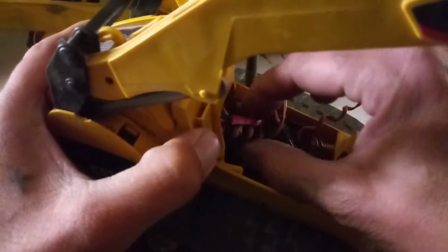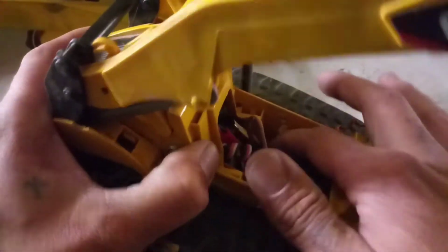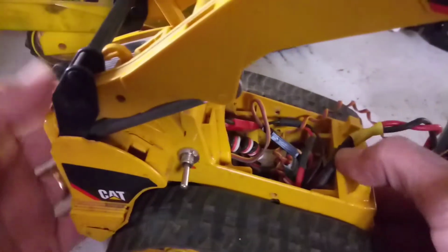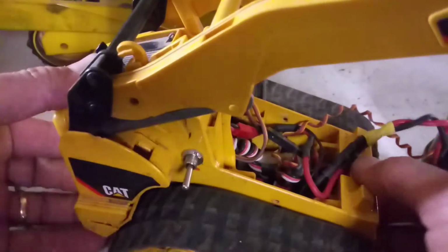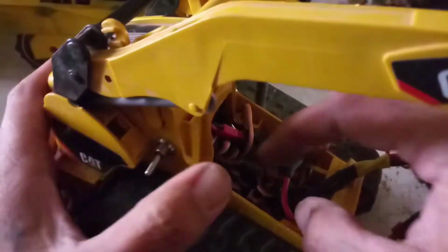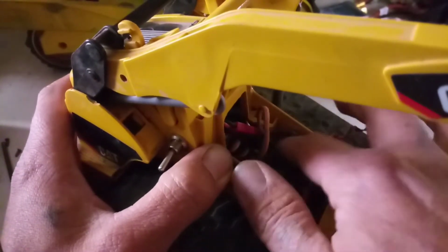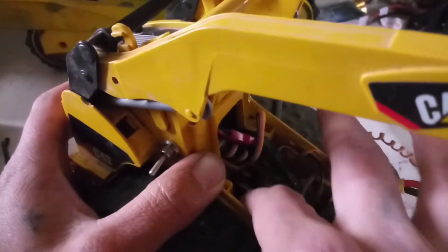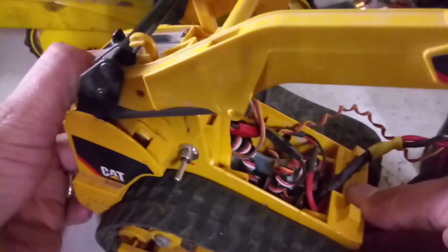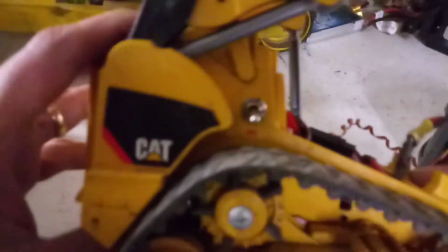As long as you have everything sitting where it's supposed to be sitting, you won't have any problems closing her back up. But if something's off just a little bit, it's enough to keep you from getting it closed up. So make sure you don't get any wires clamped in there, you know. And you just work it down. When she locks in, just like that,